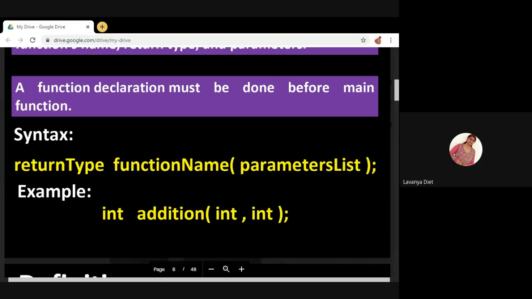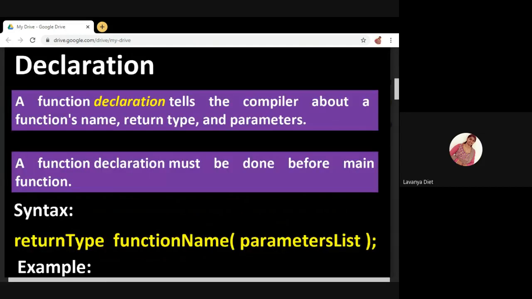So I have specified int space, and the function name is addition. Here you are performing operations on two integers, so you must specify the data type of those two integers. Remember, in function declaration you must specify the data type of the information you are passing. Okay, this is the example.